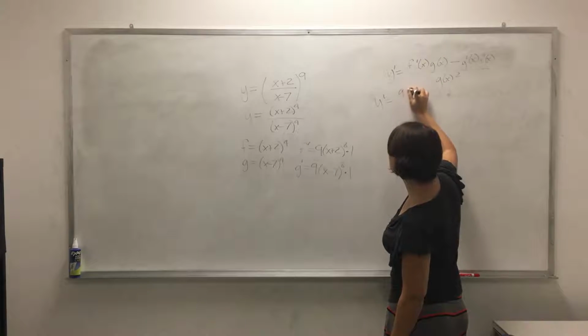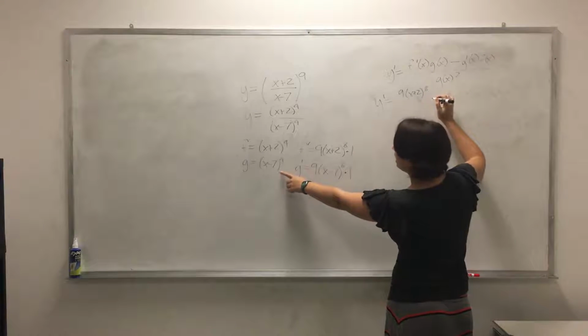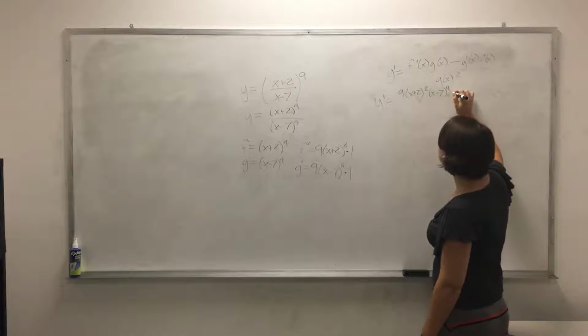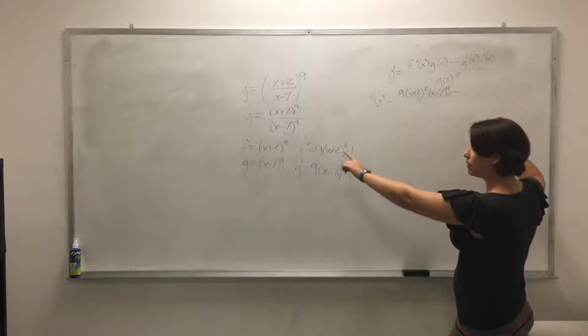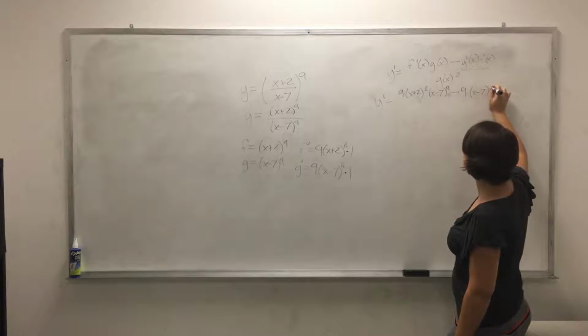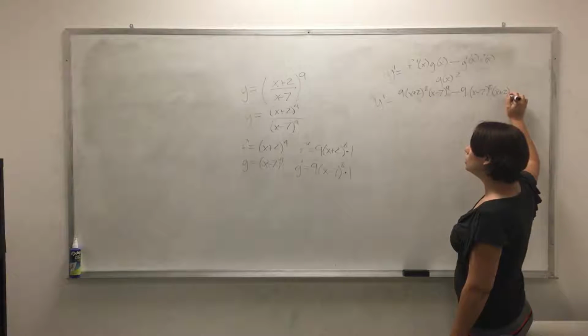So we have 9(x plus 2) to the 8th times (x minus 7) to the 9th, minus g prime f, 9(x minus 7) to the 8th times (x plus 2) to the 9th